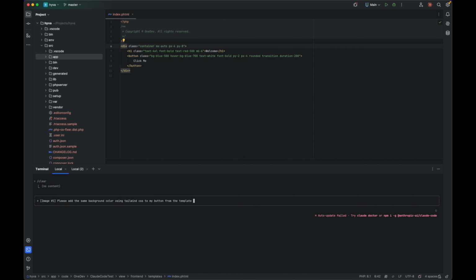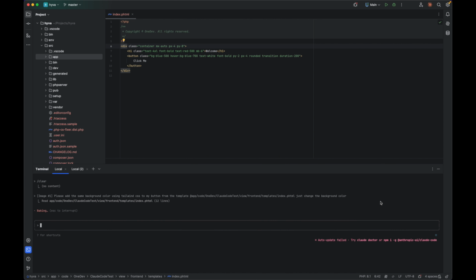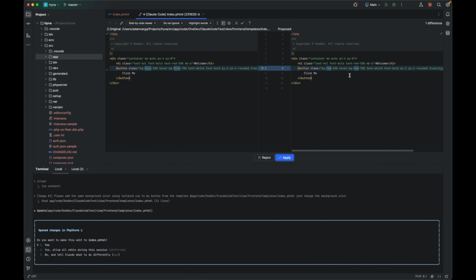And then here once again you can use the @ symbol and then reference the app code, Claude Code test, view front-end templates and then index.html. Just change the background color. So, based on this, we reference this image and also reference this file and added the prompt in between. And if you are hitting enter, then you will see it's changed to the red